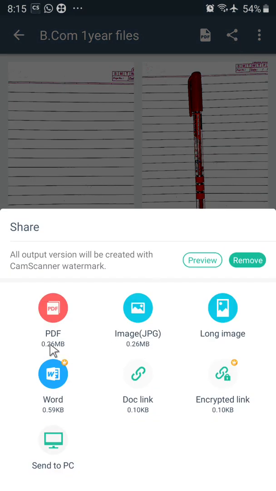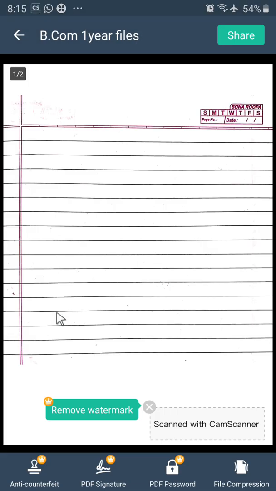the sharing button, and click on whether you want to send it as a PDF, as an image, JPG, or any other mode of the available options. Okay, and now I want to select PDF. So again click on share.